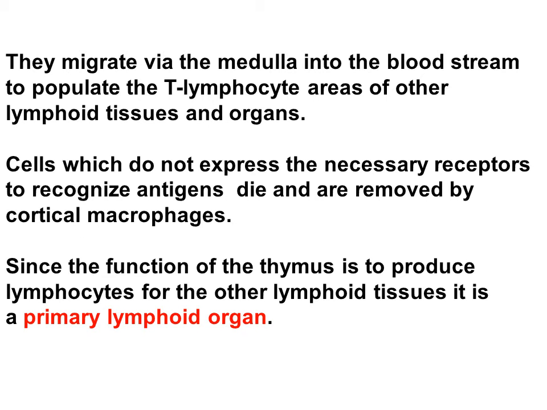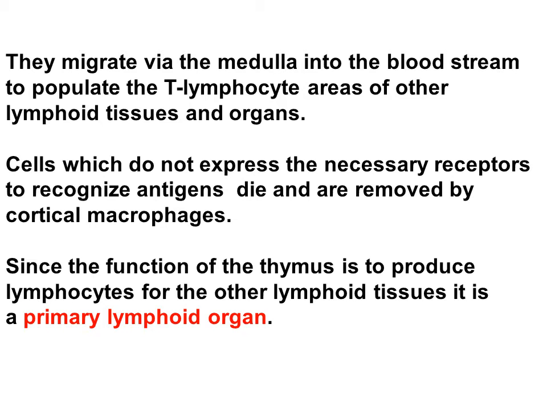They migrate via the medulla into the bloodstream to populate the T lymphocyte area of other lymphoid tissue and organs. When they become educated, इससे हमारे पास टी हेल्पर सेल्स बन जाते, रेगुलेटरी सेल्स बन जाते, साइटोटॉक्सिक इफेक्टर सेल्स बन जाते हैं. देन दे आर माइग्रेट फ्रॉम द मेडुला थ्रू द ब्लड स्ट्रीम टू द